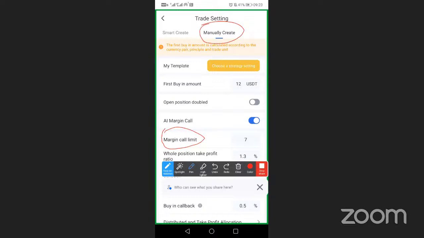In this case, we are using $1,000. You divide it by 15% to get your first buy-in amount. That's what we were doing.